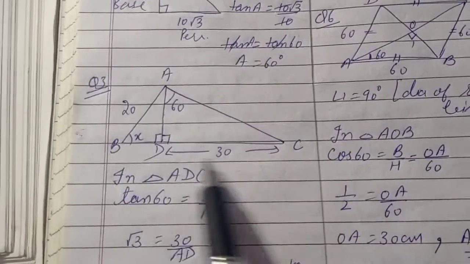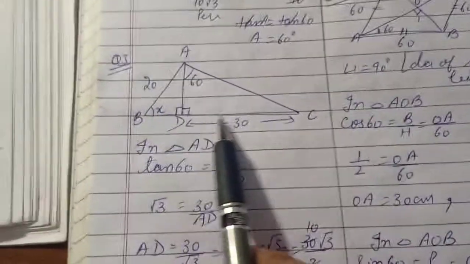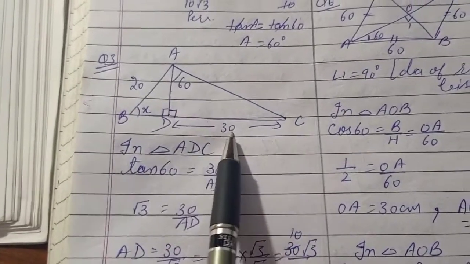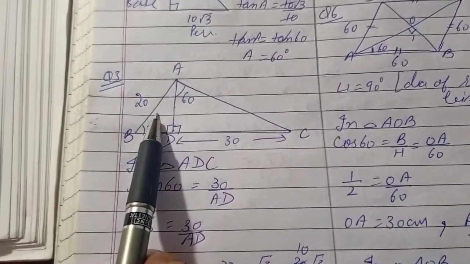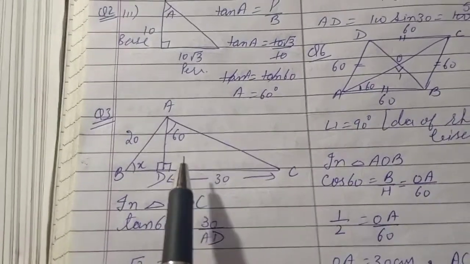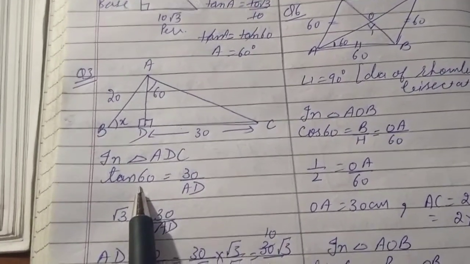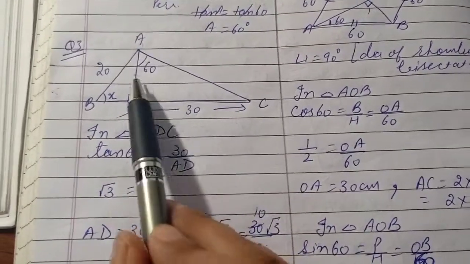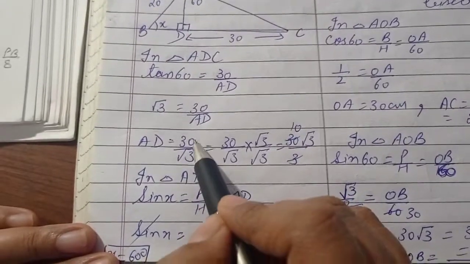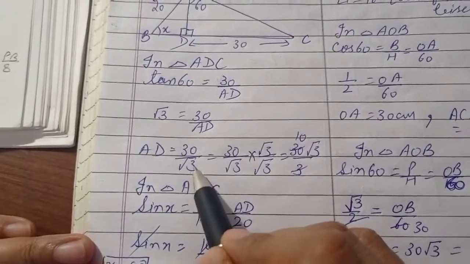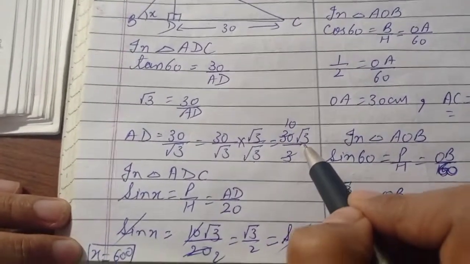Third question, this triangle is given and we have to find the value of x. Look children, what I did, in this I took this triangle because here angle also is given and one side is also given. Using this, I'll find side AD, which I'll use in this triangle because this side is common in both the triangles. So using this, this side is base and this is perpendicular. That ratio is tan. Tan 60 is equal to P, perpendicular is 30, and base is AD. I got the value of AD from here. AD is equal to 30 by root 3. You know that we are not leaving root in the denominator. So for this we have to rationalize. After we rationalize, we'll get the side 10 under root 3.